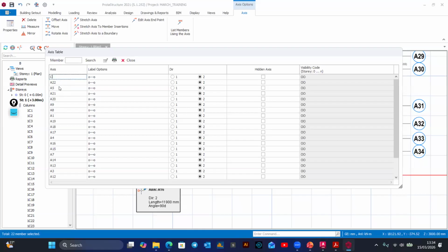So here this is going to be C, D, E, F, G, H, I, J,